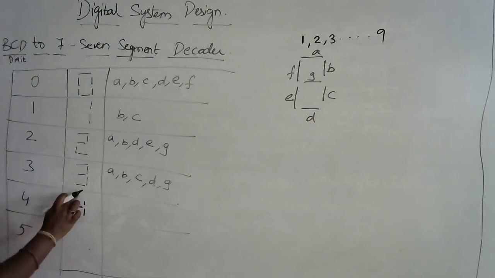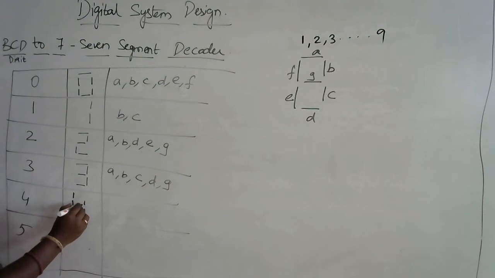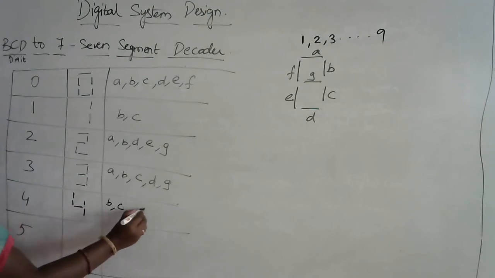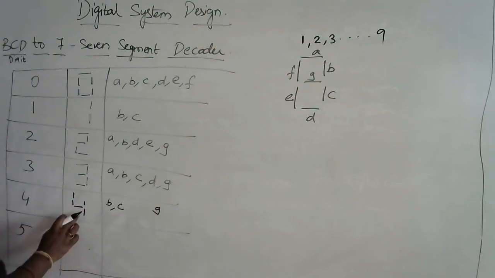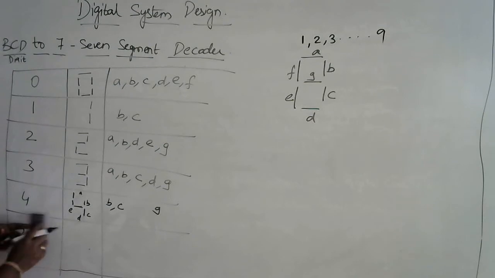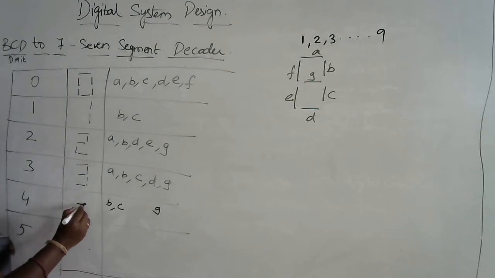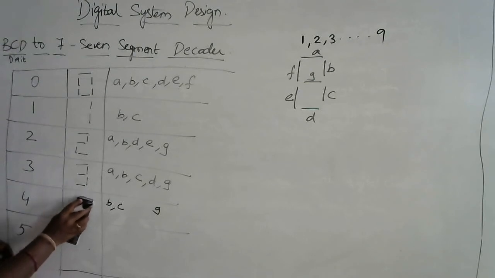A is not there, what is left over is B, C, and this middle one is G. This is A, B, C, D is not there, E, sorry. This is G, this is B, this is the way in which you can represent